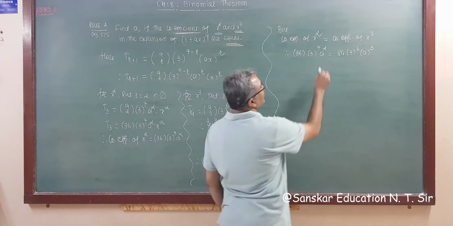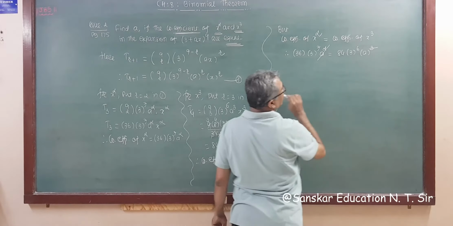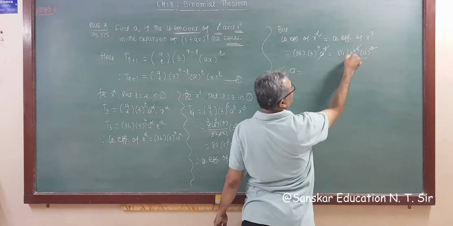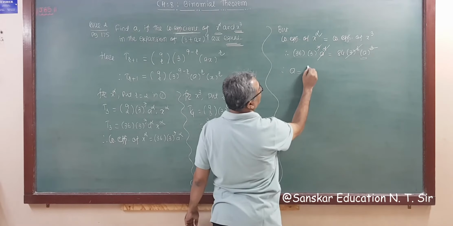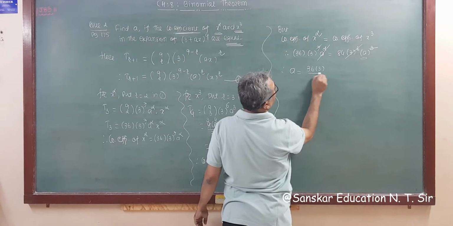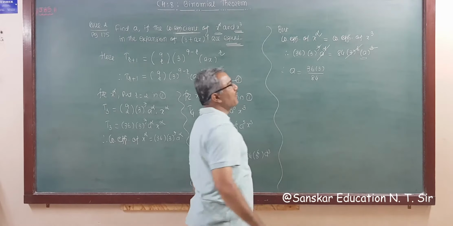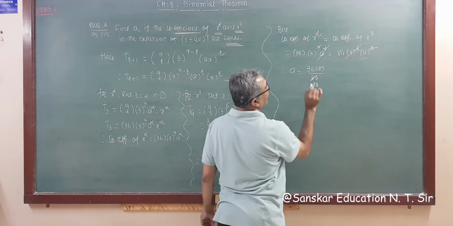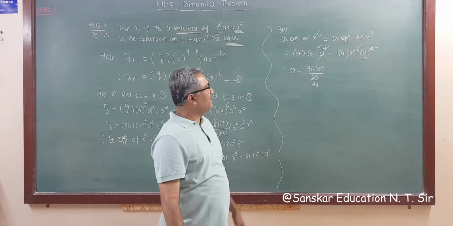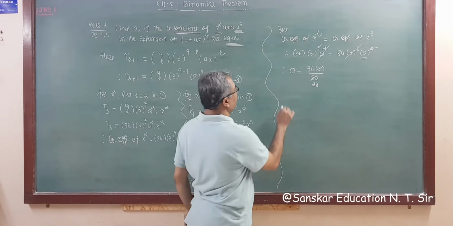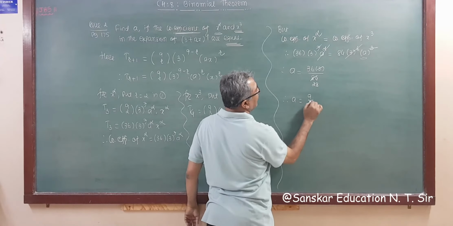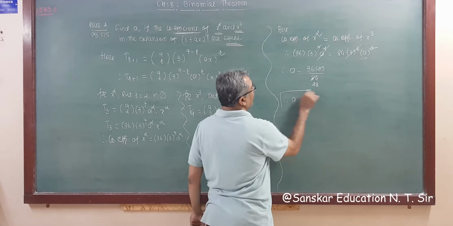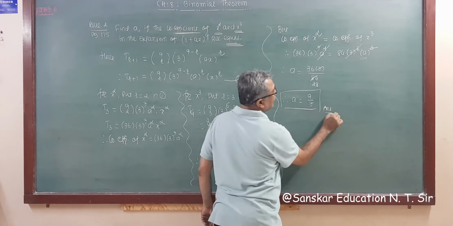Right? So this a square will be cut with this. So remaining is a. So a is equal to, now this 3 raised to 6 will be cut with 3 raised to 7, so 36 into 3 divide by 84. Right? This is 28. Right? And this is 9 fours and 7 fours. So a is equal to 9 divided by 7. What is the answer? A is equal to 9 by 7. This is your answer.